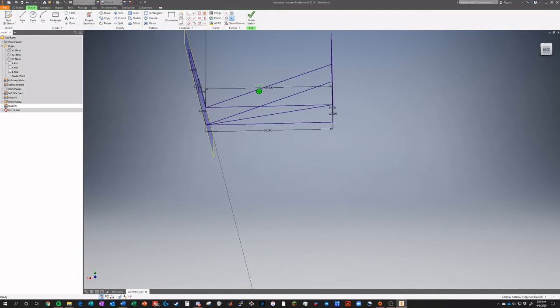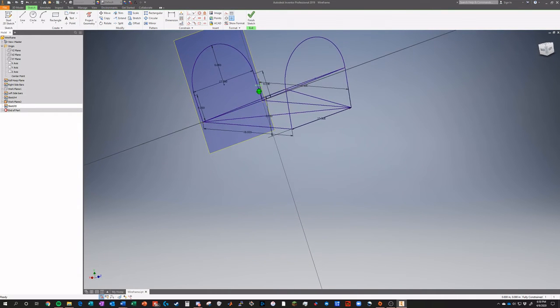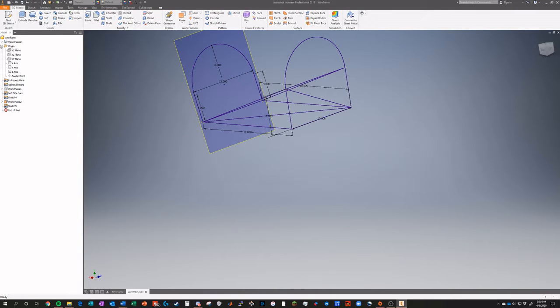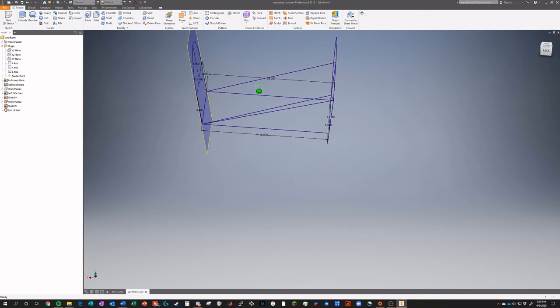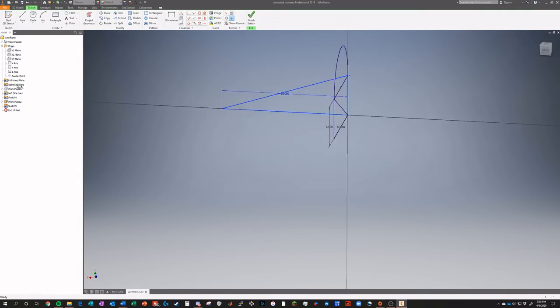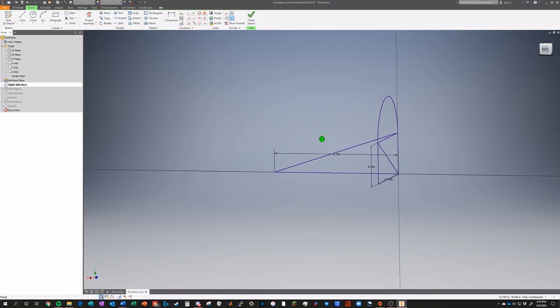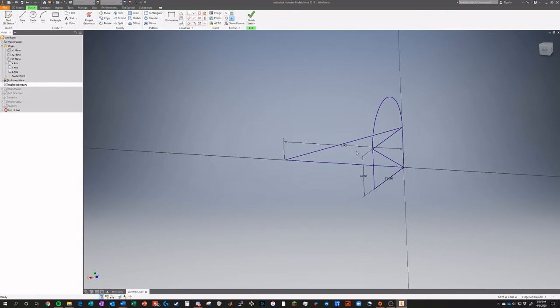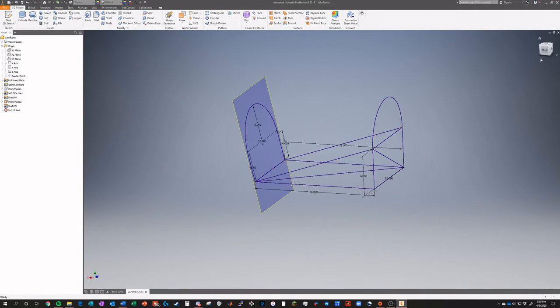Okay. So now, something worth noting is that it can be slightly difficult to go back and add things. For example, say I wanted to do a bar across the top here. That can be a little difficult to go back and add. For example, if I go back into this right bars, you'll see that it actually goes back to what was available in that sketch at that time. So what I'm going to do instead